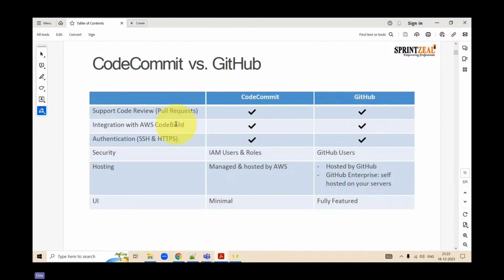Third, they both support SSH and HTTPS. That means a secure way of transitioning over the internet. HTTPS means that the data is traveling over the internet, and SSH means that it is going via secure shell.